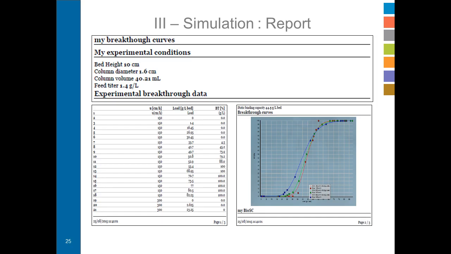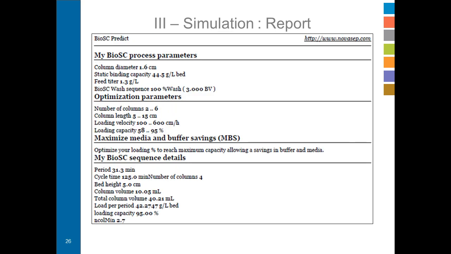We'll have also everything about the modelization when you have entered the breakthrough curve, the different data points, the figures of the breakthrough curves, how they were performed, and finally the simulation parts with how you plan to work with a 1.6 centimeter diameter column, the feed titer, the optimization parameters that you have entered into the software, the Biosc sequence,